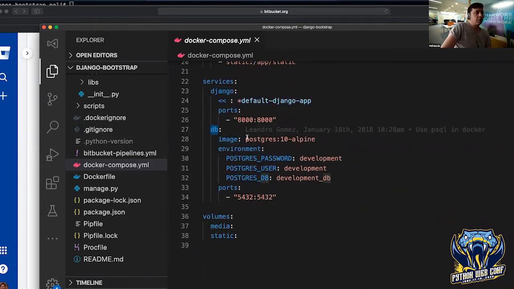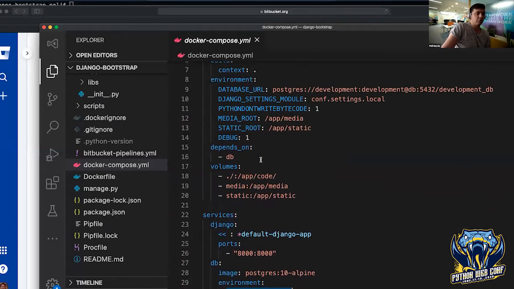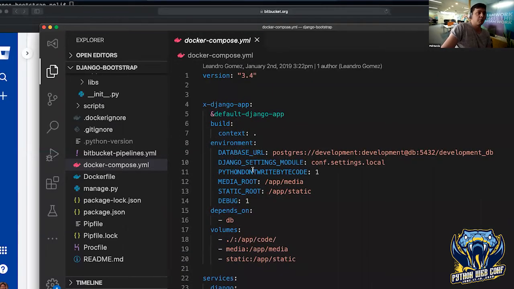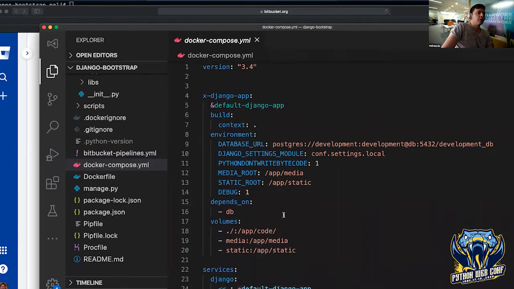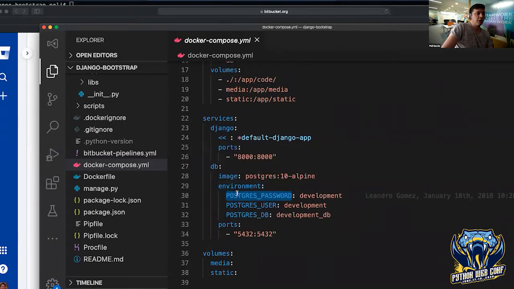And here we have a Postgres database, okay? And we set some development settings here. This Dockerfile is just meant for development. This is very important for you to understand. So here we initialize the image and the Docker engine when starting the